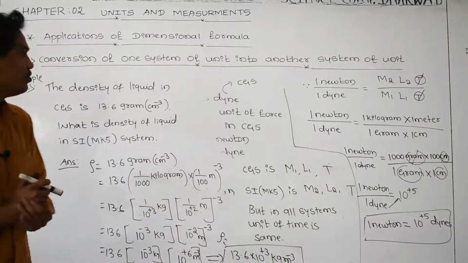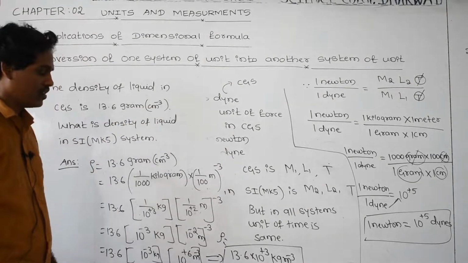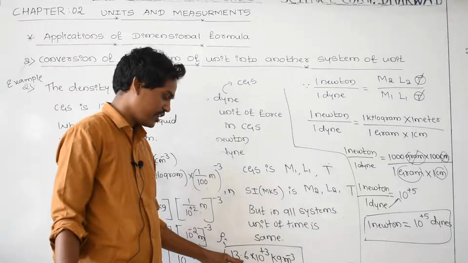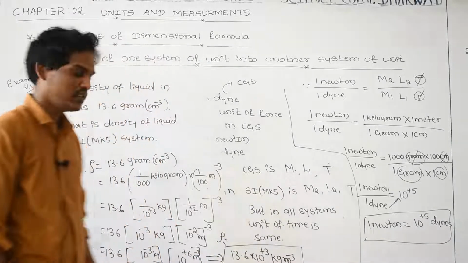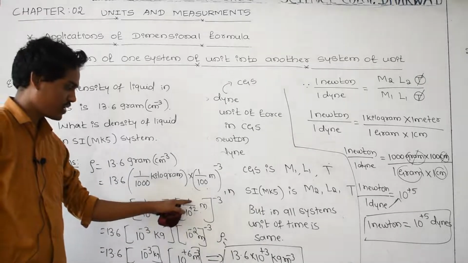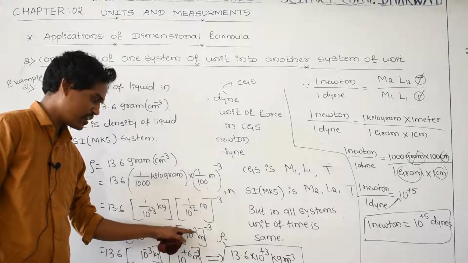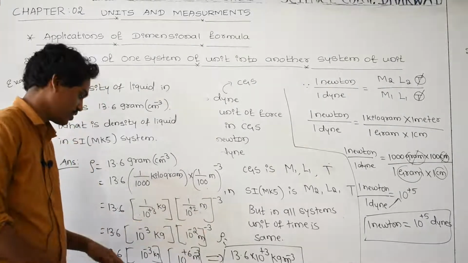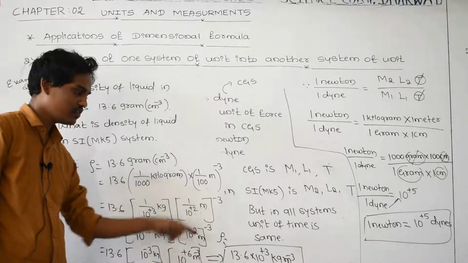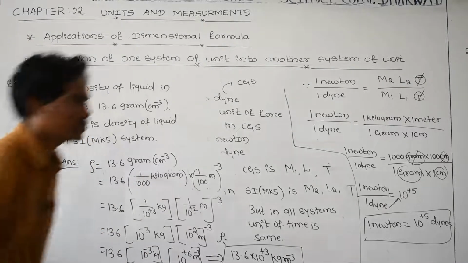I think you understood. 13.6 gram per centimeter cube here, but in terms of kg or SI system, 13.6 into 10 to the power plus 3 kg per meter cube. And this plus 2 becomes minus 2 here, 2 into 3 is 6, minus into minus is plus, and next this is minus 3 as it is, plus 6, minus 3 gets cancelled, and the remaining is your answer. And please note down this one.